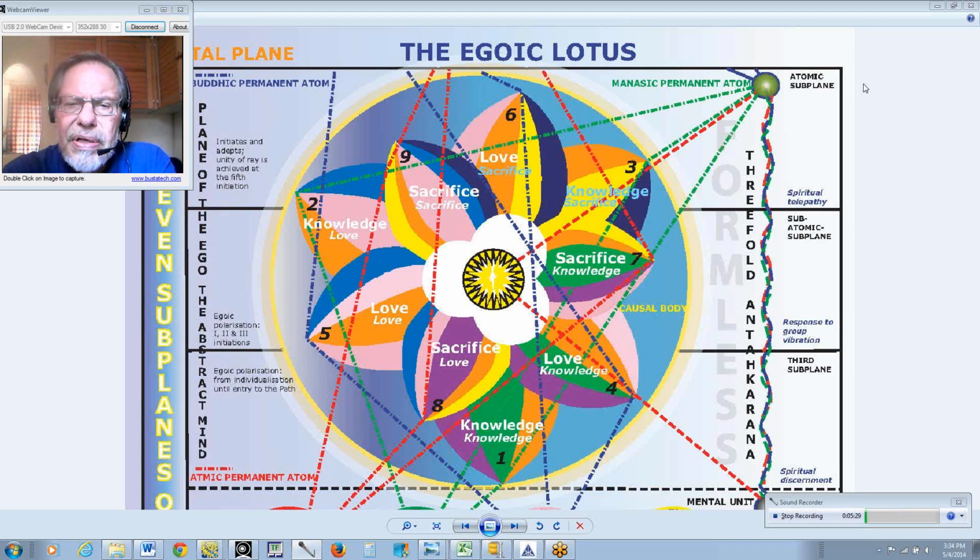Master DK has given this diagram, and he's also indicated which colors pertain to it. My wife, Tuya, who is artistic in this sense, has filled in these colors. Of course, this is simply a symbol. We realize that according to what Master DK says, the true vision of the Egoic Lotus is tremendously vibrant, scintillating, full of movement, full of radiation, pulsation, sound, and color, in a beautiful combination which displays the stage of development of any human being. So we just simply have a symbol here,